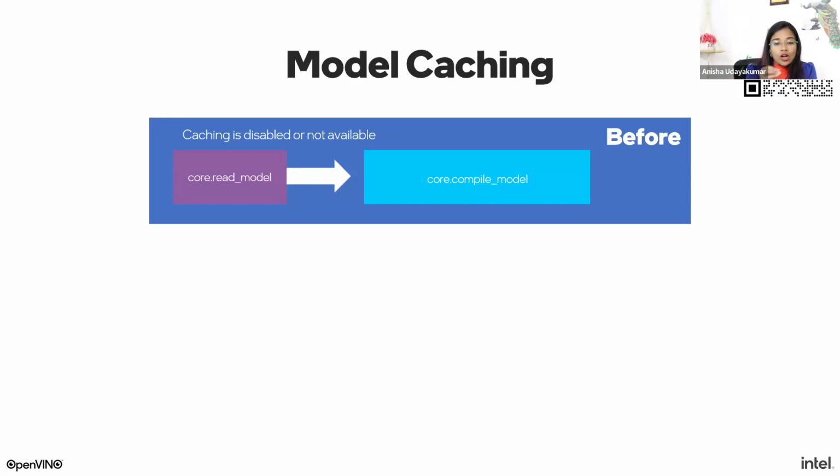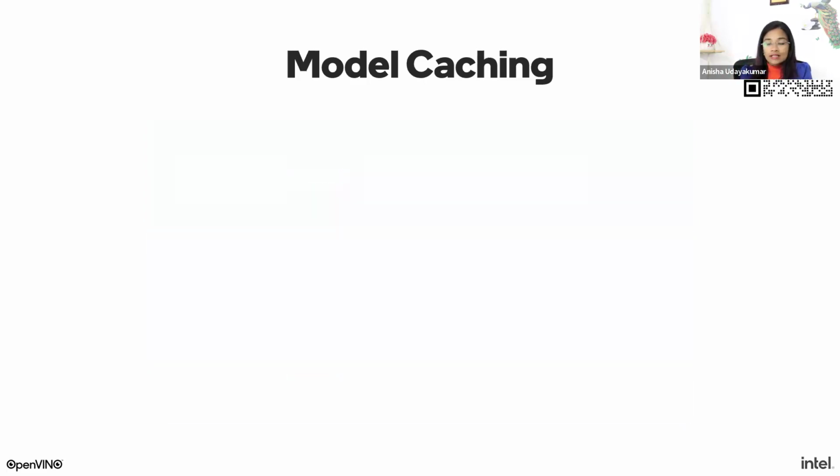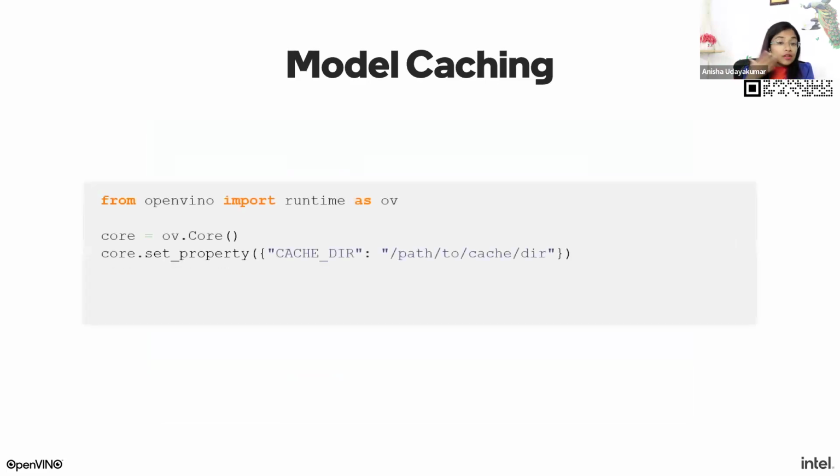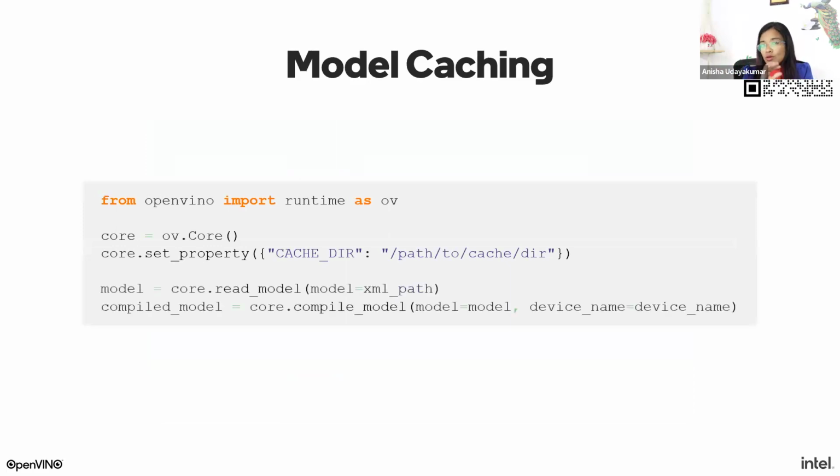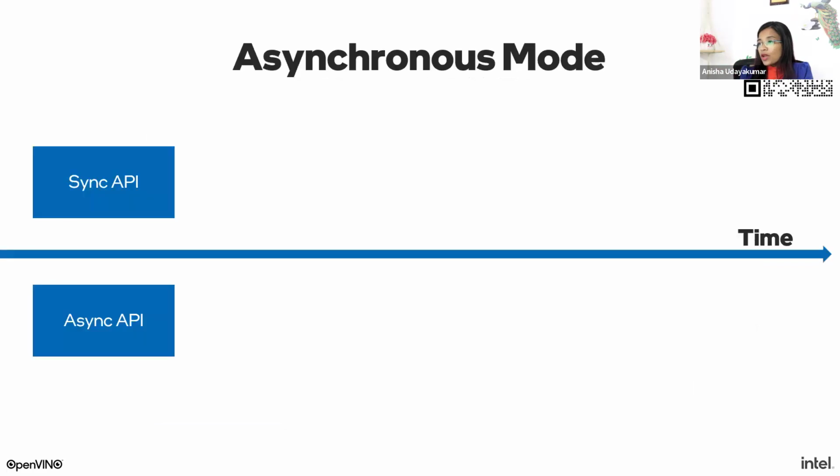This means your model gets up and running faster, significantly reducing the first inference latency. And it works like this, as I mentioned. So in short, model caching code looks like this. It's all about efficiency and speed, and it's an elegant solution to a common challenge, which ensures that the AI models are not just accurate but also responsive, and very quick to deploy.